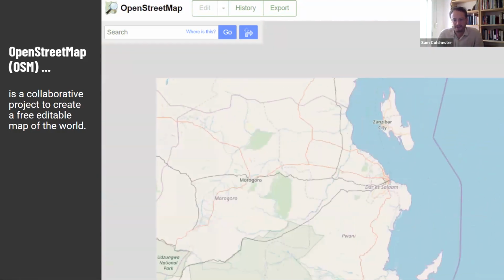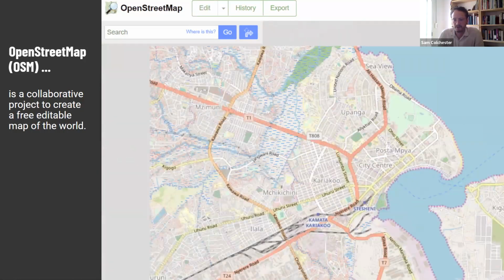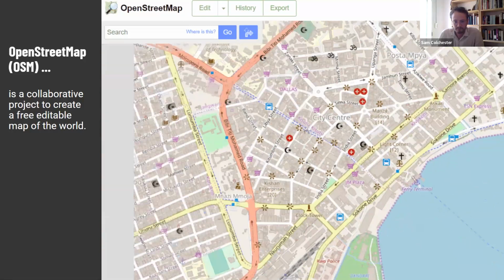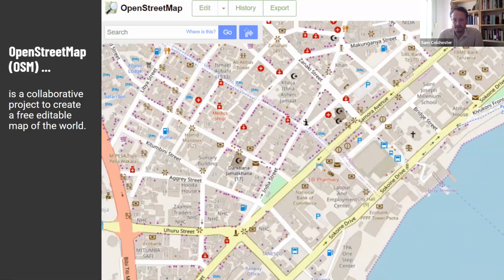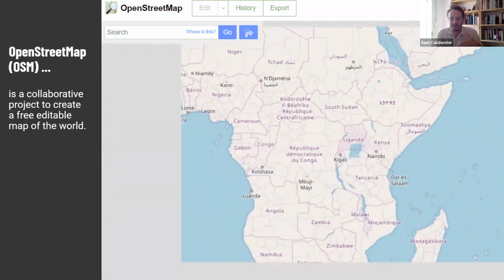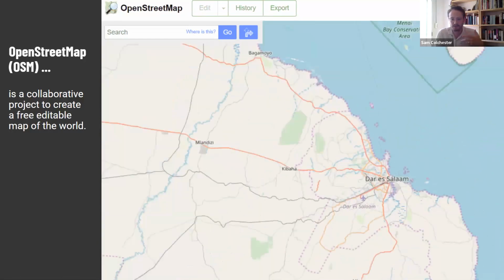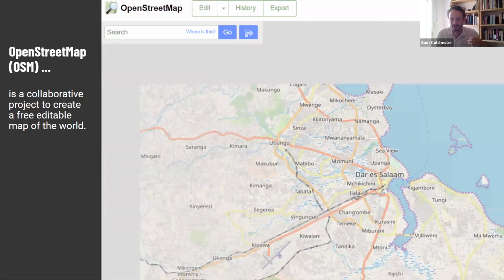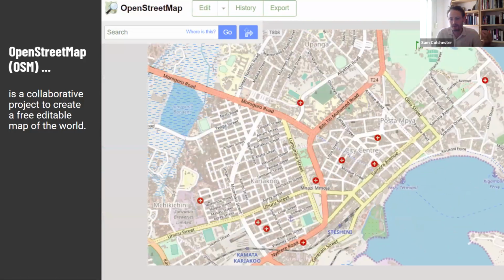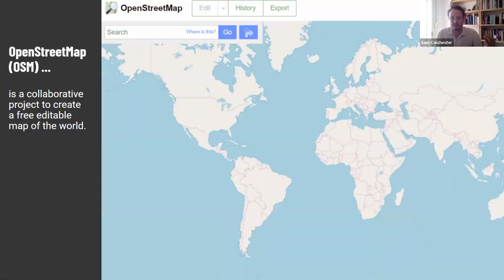So what you're seeing there is called a base map, which records the visible physical elements of our environment. It also has administrative boundaries and names, so country names or district names. OpenStreetMap, because it's a base map, it's not a map of intangible things. So things like social dynamics or demographics, it doesn't really capture those things. It doesn't visualize those things. But that's not to say that OpenStreetMap can't be paired with other data sources to do those sorts of things.